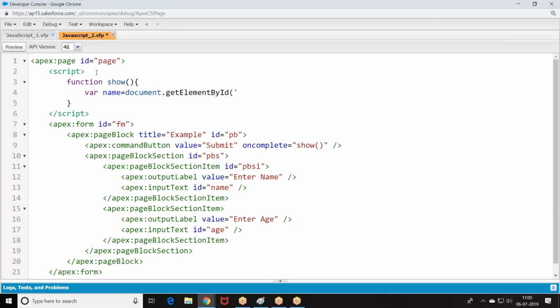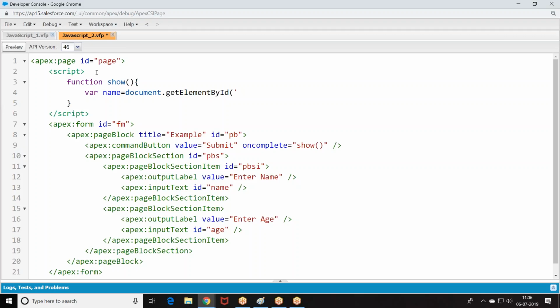Like your Apex program, if you save it and any syntax error is there, it will throw a message. In JavaScript, it comes only at the time of running the program. If any error is there, output will not come, and it will not tell you what the error is. It is not a compiled language, it's an interpreted language. JavaScript is platform independent, JavaScript is language independent, JavaScript is case sensitive, and JavaScript has only an interpreter.